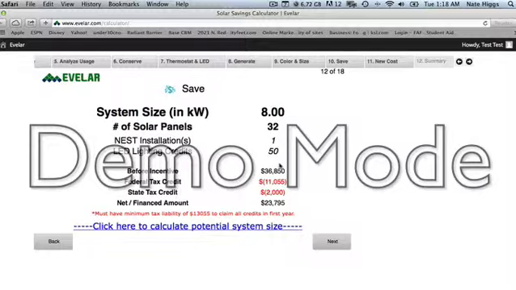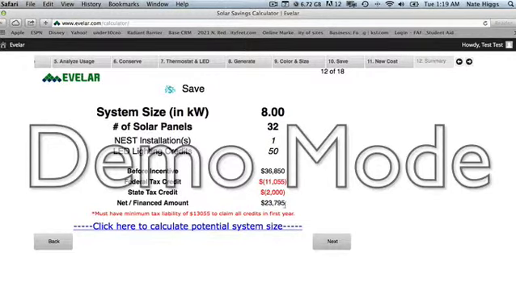Here's where we actually talk about some of the costs. Again, these aren't costs that the homeowner is responsible for, but we do need to disclose them and tell them just exactly what our assumptions are and how we're going to present the solution to them. So before any of the incentives, the total cost is $36,850. They're going to get a 30% federal tax credit back, so that ends up being just a little over $11,000. And they're going to get a $2,000 state tax credit from the state of Utah. So that's over $13,000 that's coming off this system. So the after incentive amount is going to be